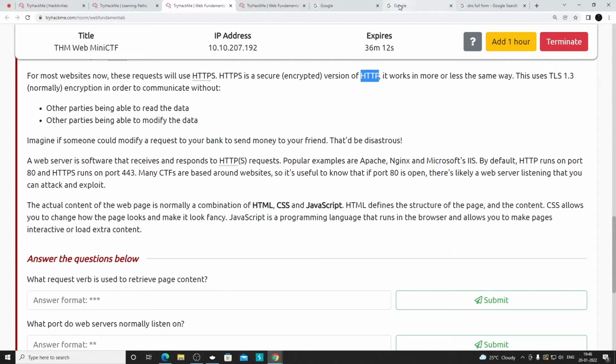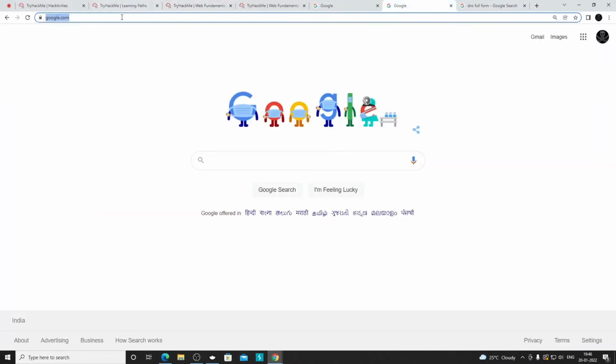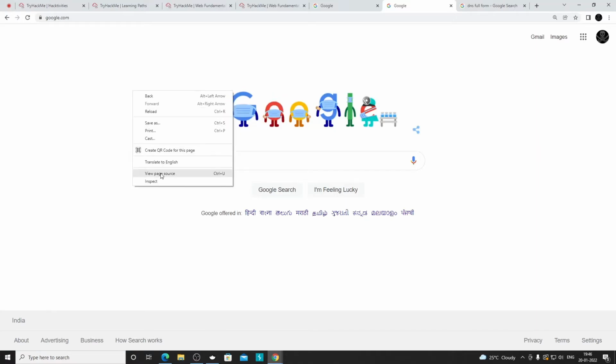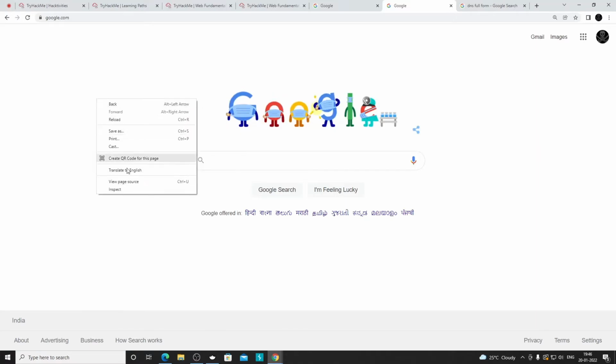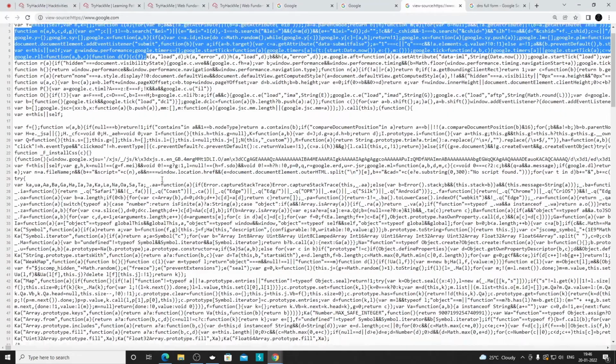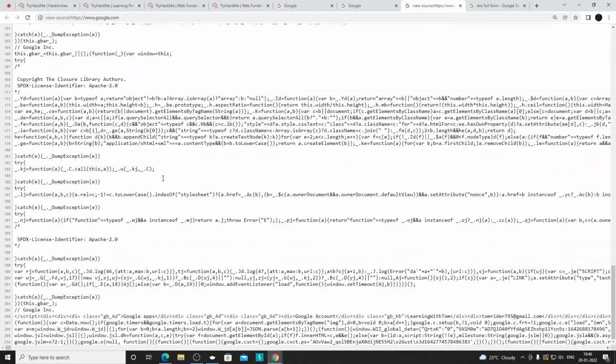Now here for example, when we loaded google.com, we got this whole page. Now how is this page made up? In the last session as well we discussed HTML. So if you want to see what HTML looks like, you can right click on any page and go to view page source. So this is actually JavaScript, but down below, just a moment.